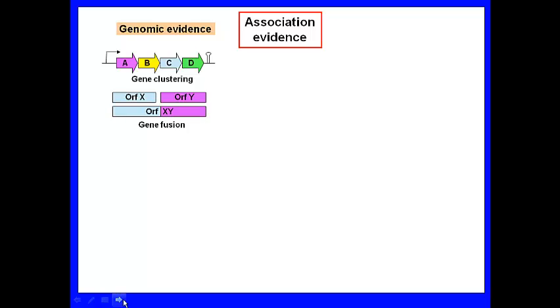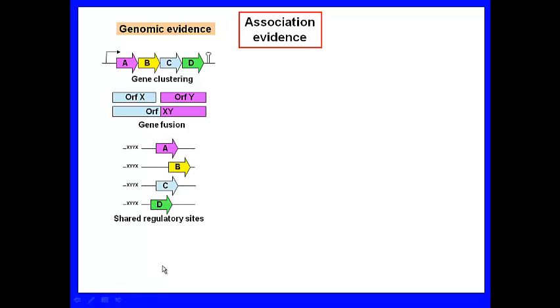We're going to be dealing with both of those in our class. We're not going to deal with these shared regulatory sites, but as you probably know, not only in prokaryotes but also eukaryotes, genes that are spatially separate in the genome, not anywhere near each other, can be preceded by common regulatory sequences that are the same, and that brings about co-regulation. That could be the binding sites, the DNA recognition sites, for transcription factors. In bacteria, it could be riboswitches. So these regulatory elements can tie together a group of genes functionally.